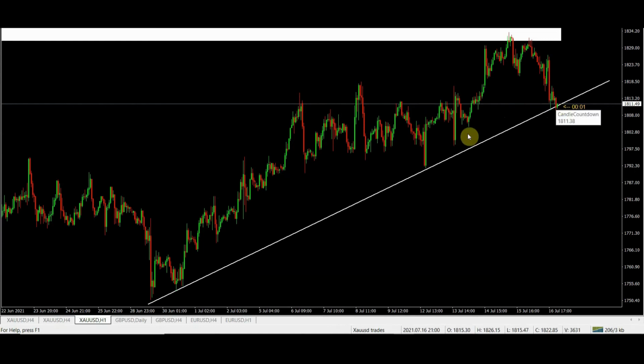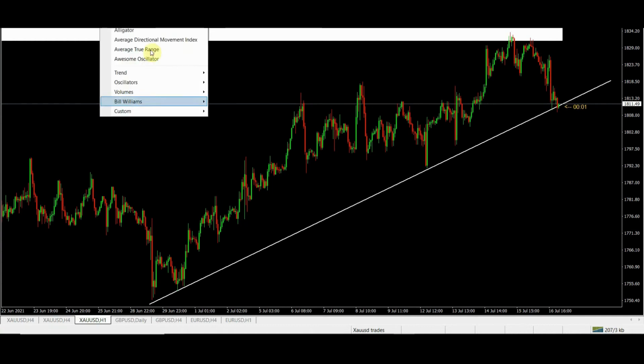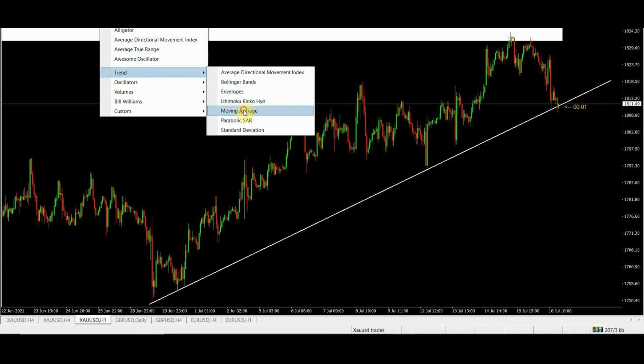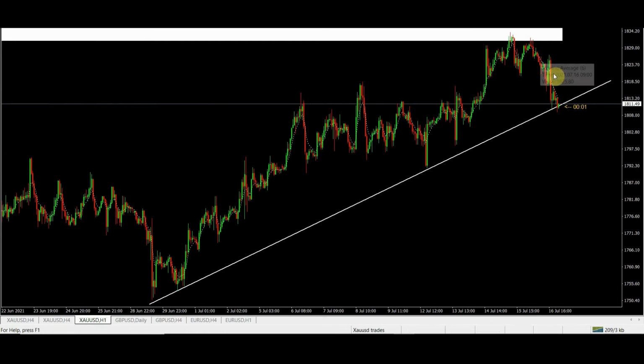But as you can see, there's a bullish candle forming, and normally I would want to add the 6 EMA, 6 exponential moving average, to this. You can see these 3 candles are following a particular trend. So actually you could say that this 6 EMA will bring this out. Let's just quickly add that moving average, the trend moving average. Let's make that 6 exponential. Yep.